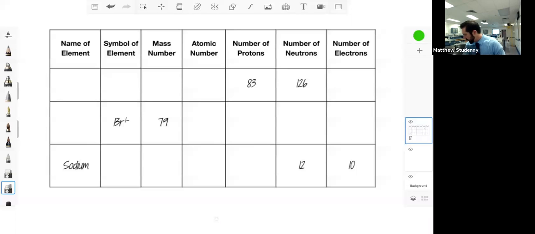Hi there, everyone. So this is just a little bit of a supplemental video to help with the atomic structure worksheet and atomic structure tables in general. And I know that this can be a bit confusing at first because a lot of those terms are similar. Sometimes numbers are the same, sometimes you add, sometimes you subtract. And so I want to give you a few more examples since I was only able to get through a